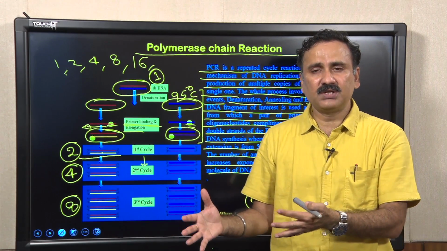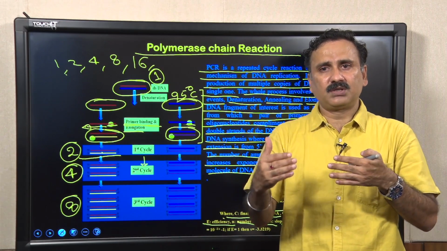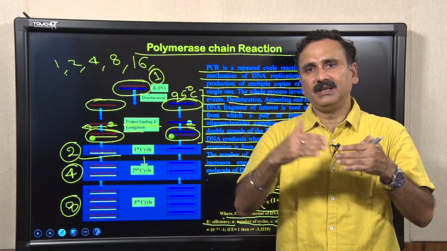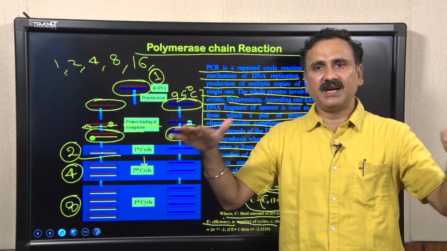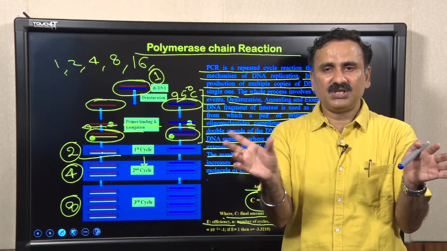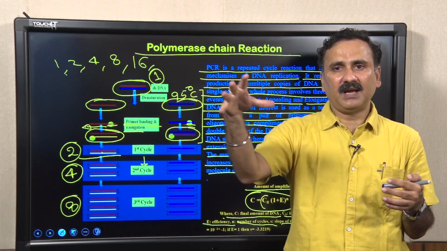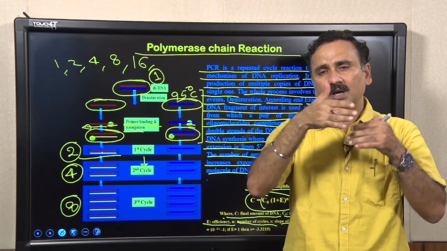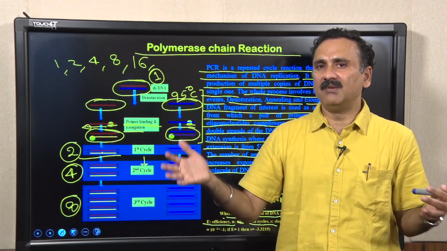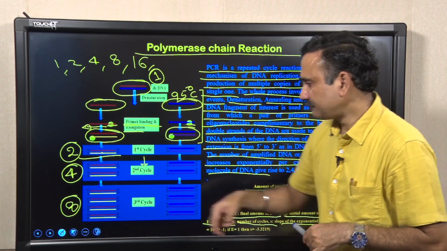So, you can see that the polymerase chain reaction utilizes a concept similar to what happens during DNA replication. But instead of utilizing multiple factors and such complicated mechanisms, you are simply heating the reaction to make the 2 strands, then adding the primers, which are small DNA stretches, and then asking the enzyme to utilize these primers to synthesize. Once the synthesis is over, you bring the temperature back and continue the same cycle, and that is how you make multiple copies.